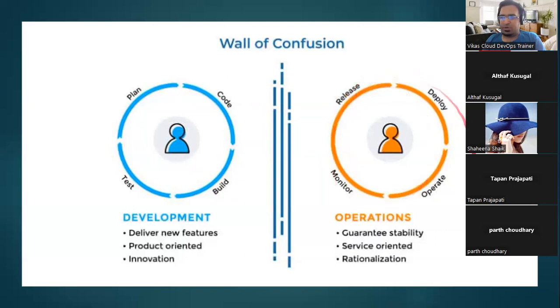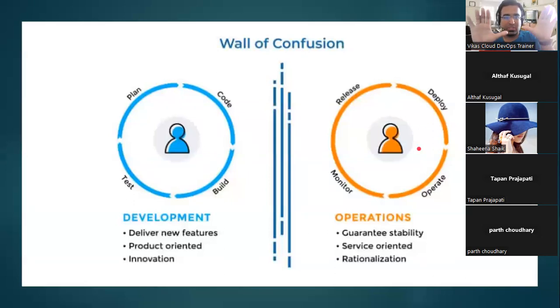This is the work of the operation team. Whatever is up and running, it has to keep running. The operation team has to take responsibility 24/7. They are service oriented, because if the application does not work, their things may get affected. They get escalations. They have to work in rotational shifts. That is the work of the operation team. They are a separate team.